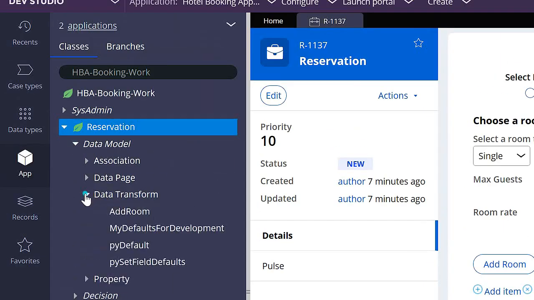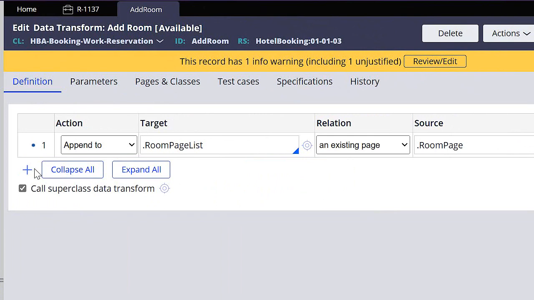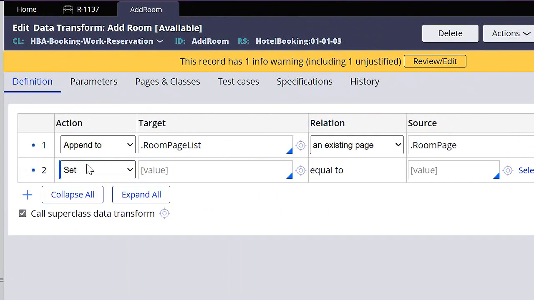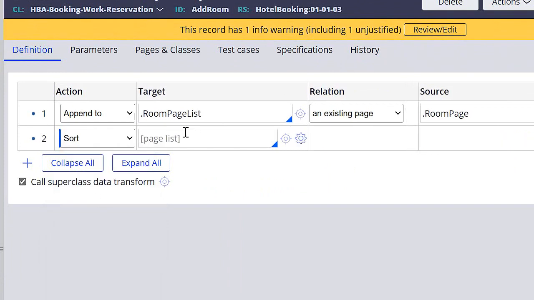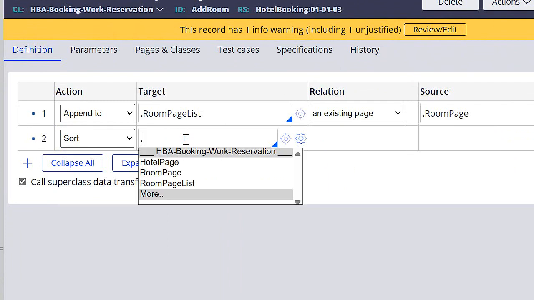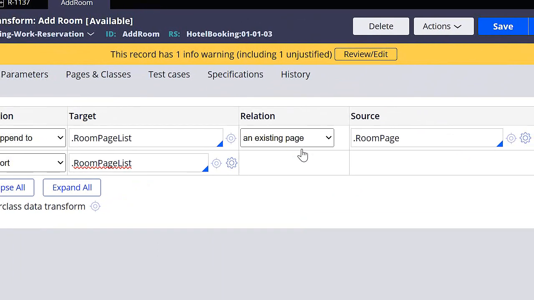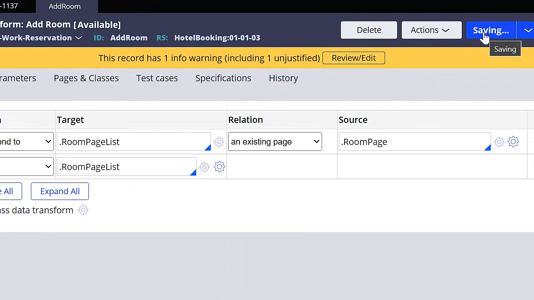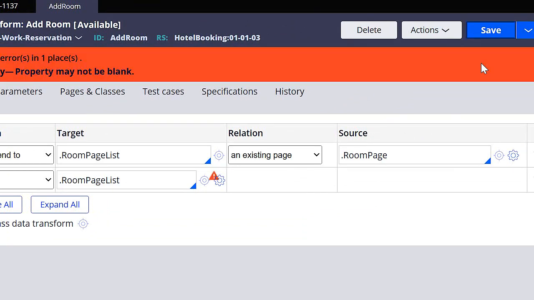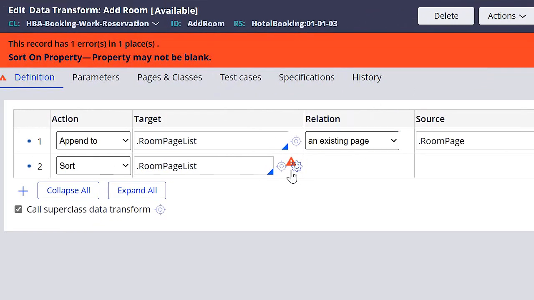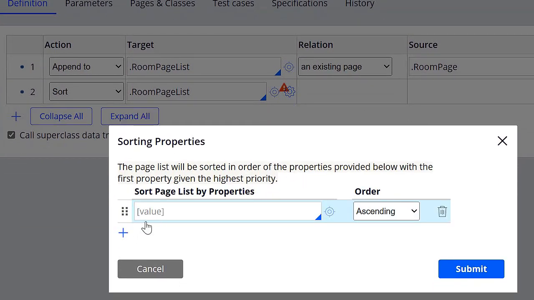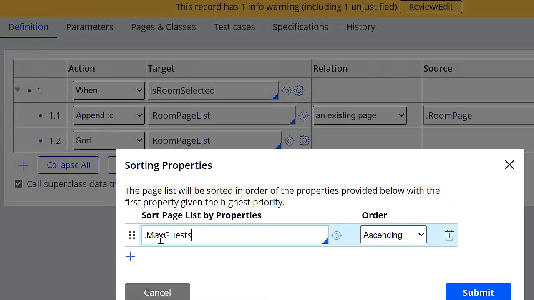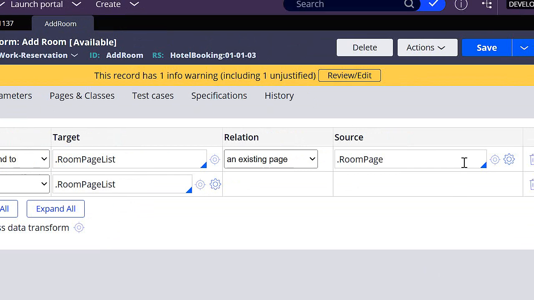So let's open our data transform. Here I'm going to add a new step and we have an action that is for sorting. The target for this action is going to be a page list. So let's give it a room page list. So let's click save. Oops, I forgot. We have to specify by what property we are going to sort this. In this case, we are going to sort this by the number of guests. So let's click save